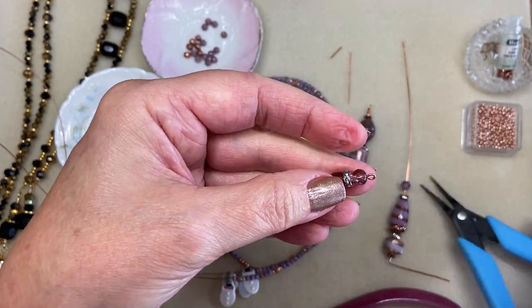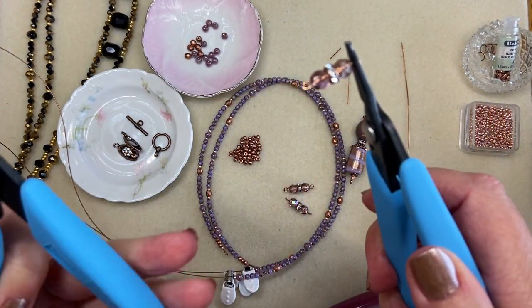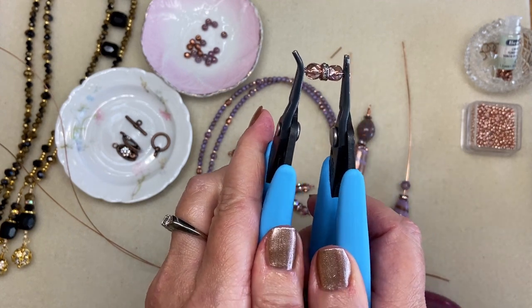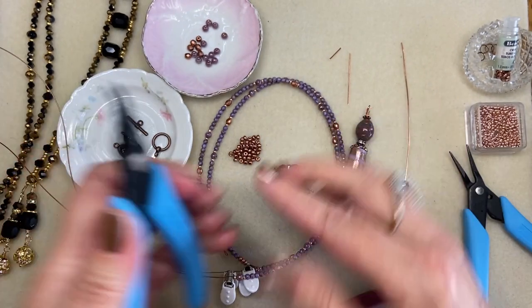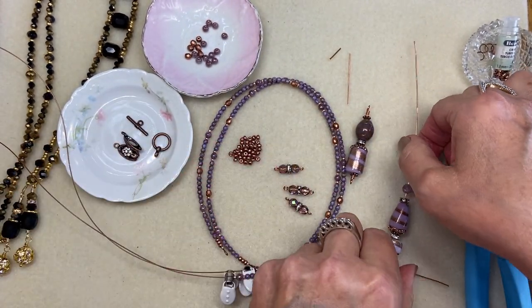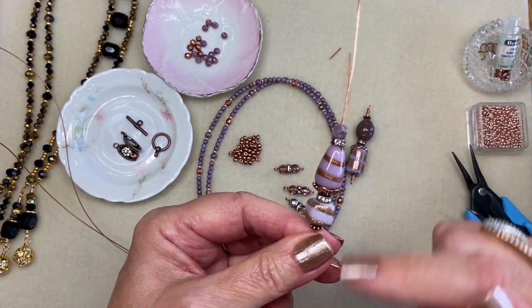And I didn't get them completely aligned, but that is not a problem. Just grab one loop with one plier, grab the other loop with another plier, and just align them. Just twist it so they are perfectly aligned. And while we're wrapping, I'm going to go ahead and do a wire wrapped loop on either end